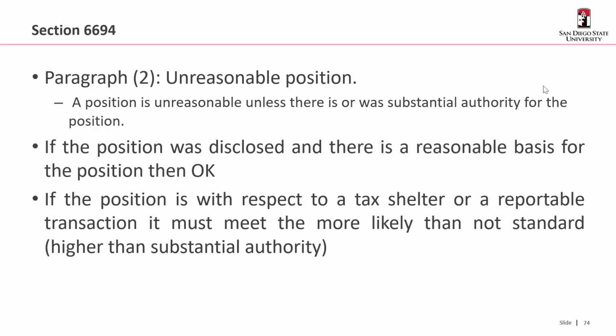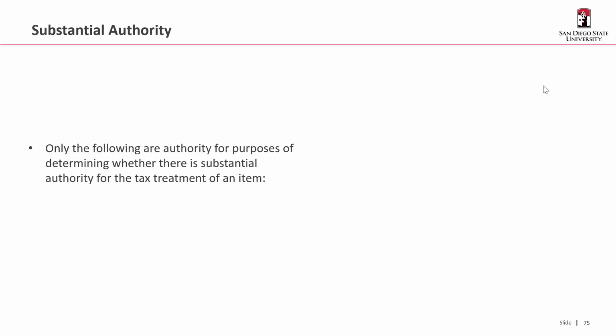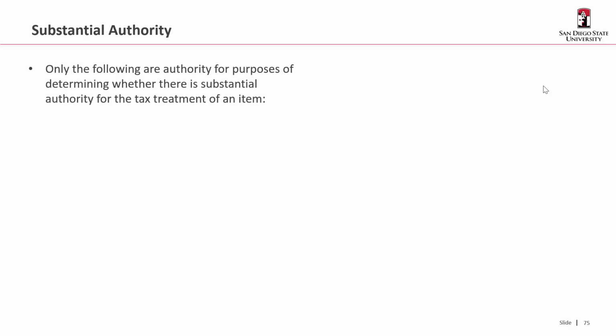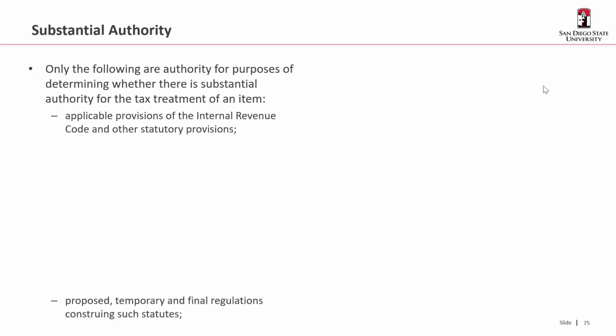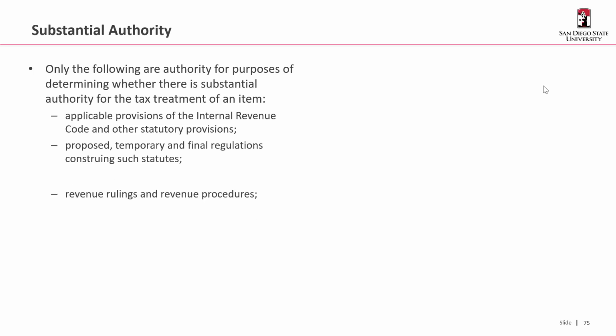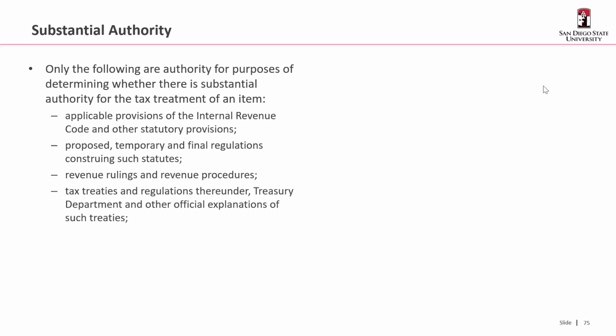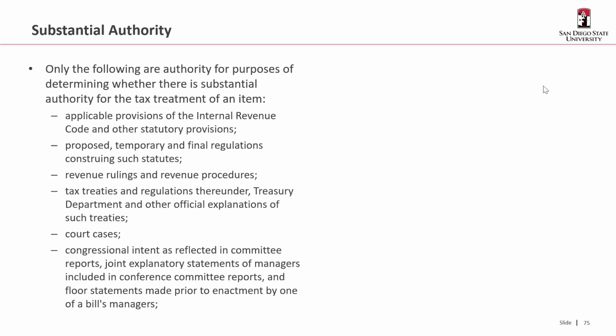Okay, so what is substantial authority? Only the following are authority for purposes of determining whether there is substantial authority for the tax treatment of an item. So what you're required to do is go out and research and find some form of authority that supports your position. And it can be in any number of different sources. So the Internal Revenue Code, the regulations, revenue rulings and revenue procedures, any tax treaties, any court cases, congressional intent as reflected in committee reports,